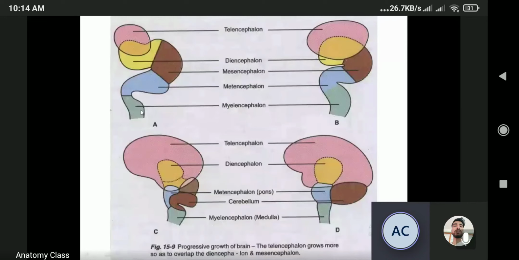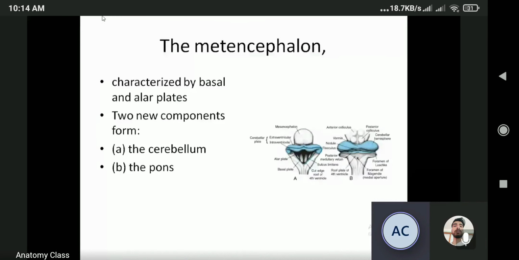So from the telencephalon, what are the derivatives? We'll put these figures in a viva and ask what these derivatives are. There is also a model in our department. Then we'll ask you, and it is drawn like this, and we'll ask you the derivatives. So we'll come and brief about the development from the metencephalon.